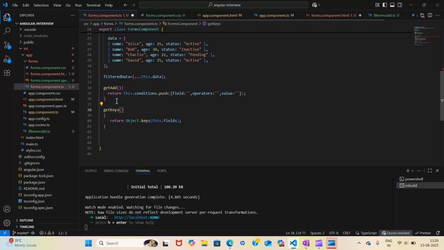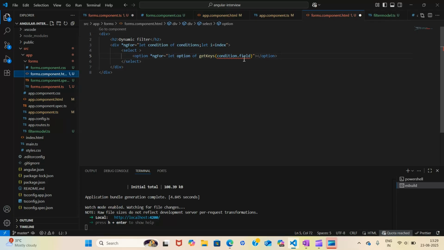Here I don't need to do this. In fact, I can call it directly, because it is getting the condition from here only. And from here I'm getting my keys. So just show my option here.